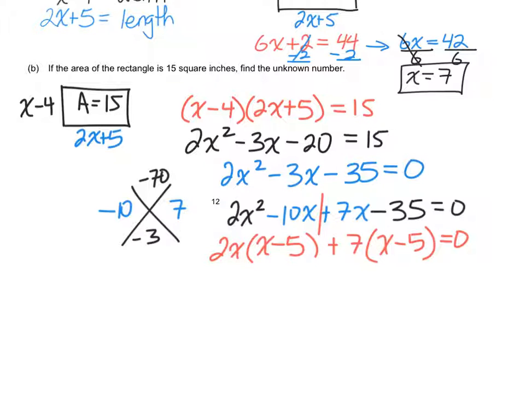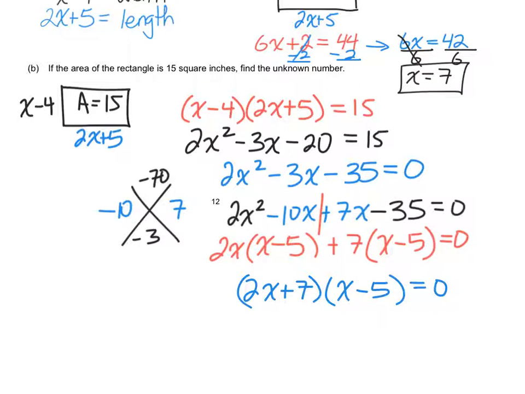But once we distributed, we incorporated the 15 in. So now we're factoring a new equation or a new expression on the left-hand side. So what we're going to get is a different set of unique factors that are going to allow us to make the determination of what the value of x is. All right. So once we do that, our 2x plus 7 and the x minus 5,